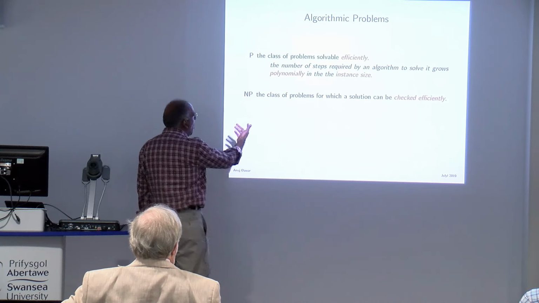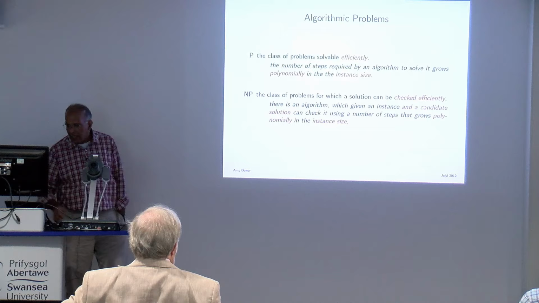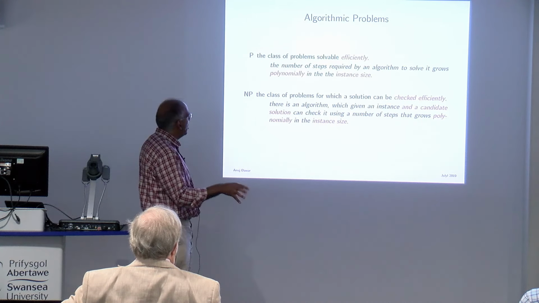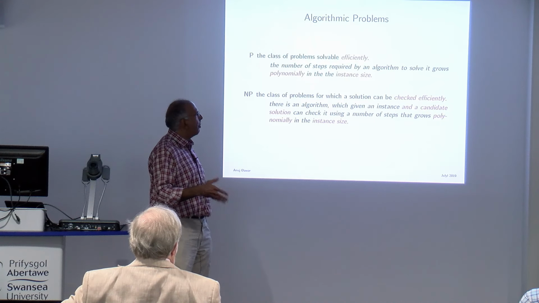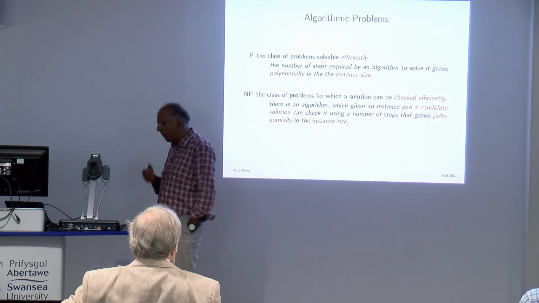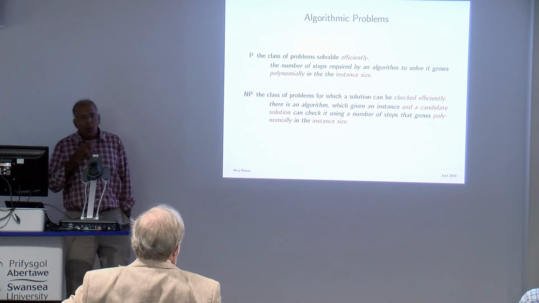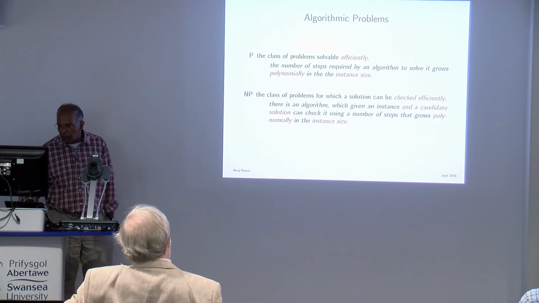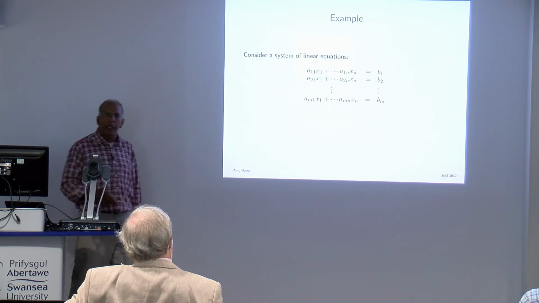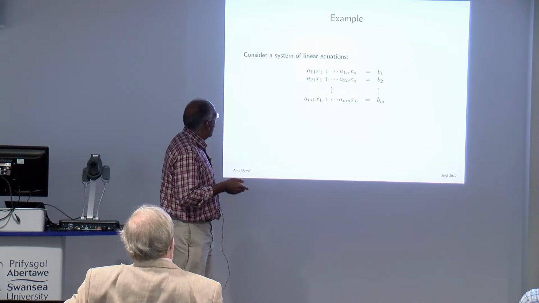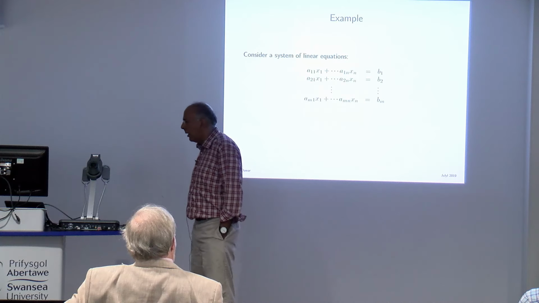What do we mean by checked efficiently? We mean there is an algorithm where I give you the instance of the problem and a candidate solution, and then you can check in a number of steps that grows polynomially again whether the solution is in fact a solution to the problem. Now, what constitutes a problem? There's a formal definition, but why don't we just start with an example of the sort of thing that we all know how to do. I give you a system of linear equations and ask you, is there a solution? Can you find a value for all the variables in here which